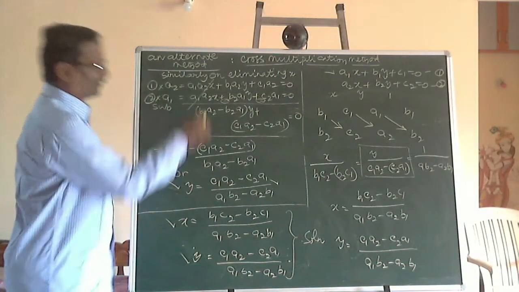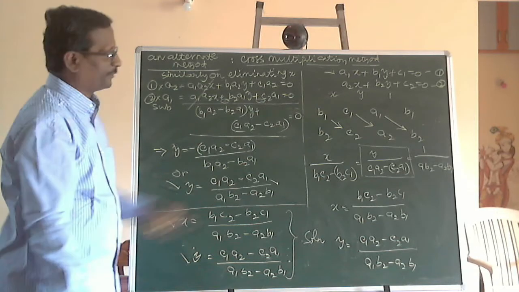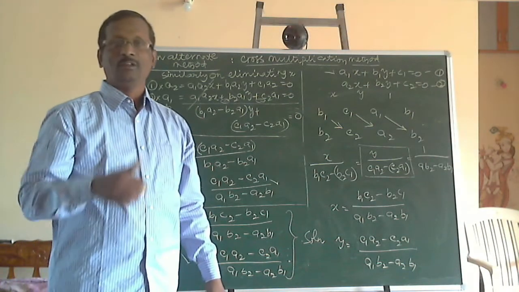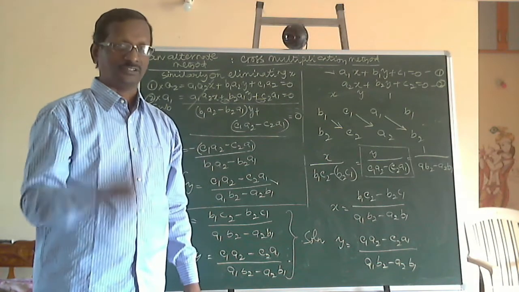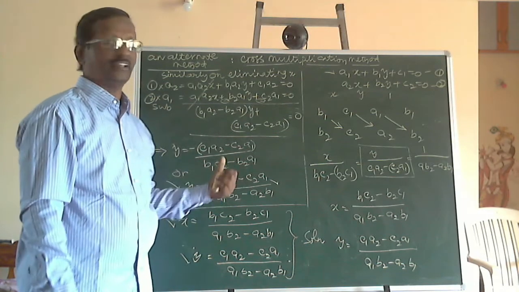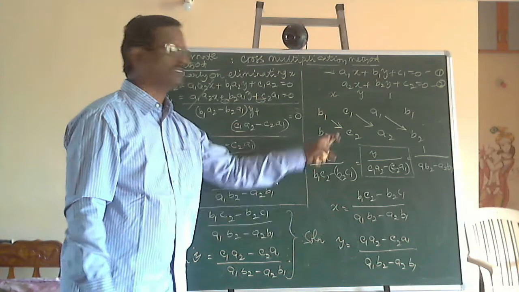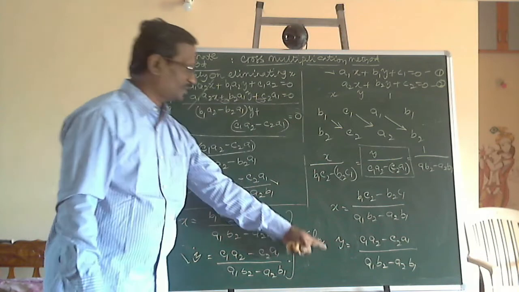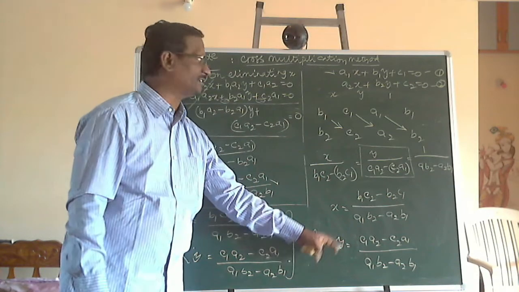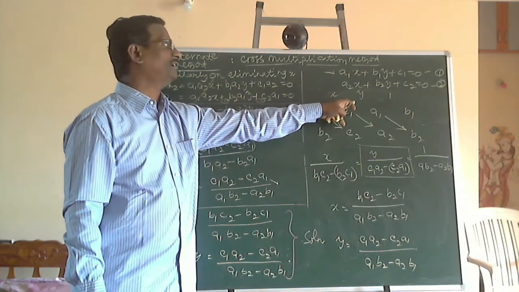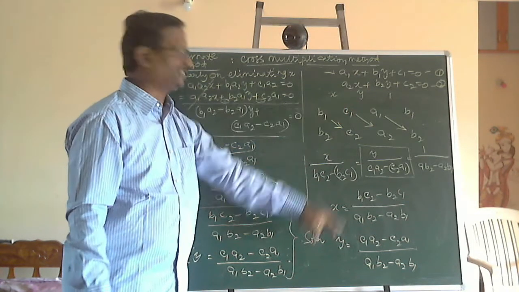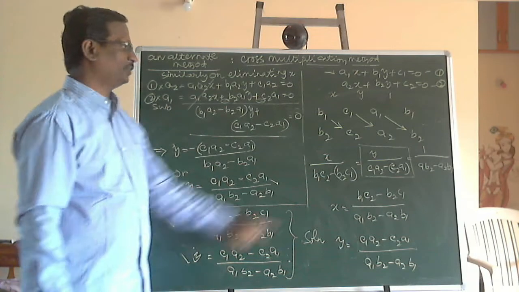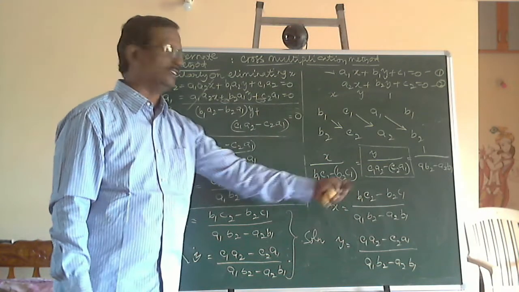Whatever you get using the direct method and the alternate method is the same, but the direct method needs more time, more simplification, more working. Therefore, the chances of making a mistake are more in the direct method, but the alternate method is easy. Time taken is less, and chances of making mistakes are also less. If the solution we get on substituting is not satisfied, it's easy to verify, to check and investigate the mistake, so that we can rectify it very easily.